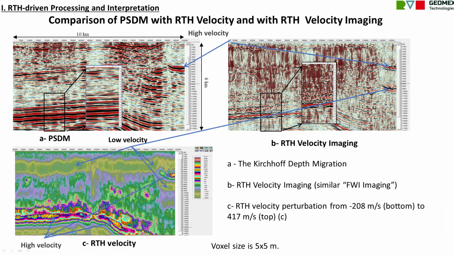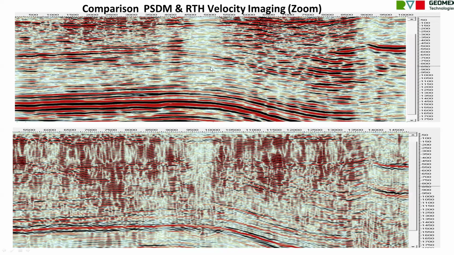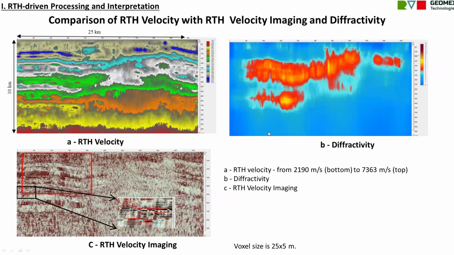So in the depth migration, we can see only the higher fluctuation of velocity. On our RTH velocity imaging, we can see both the high fluctuation velocity and low fluctuation velocity. This is a zoom of pre-stack depth migration, RTH velocity, pre-stack depth RTH imaging. This is a comparison of RTH velocity and